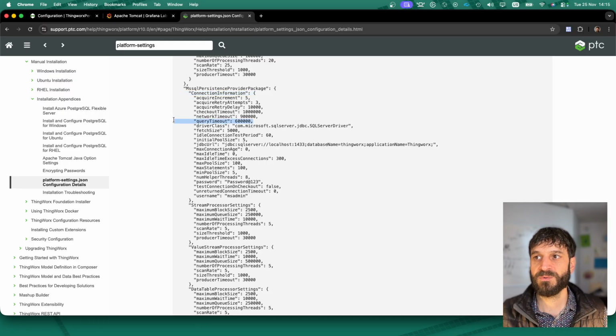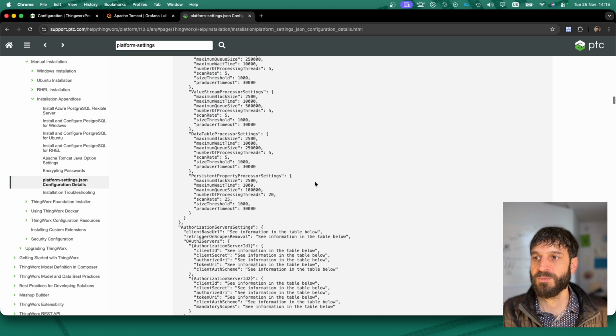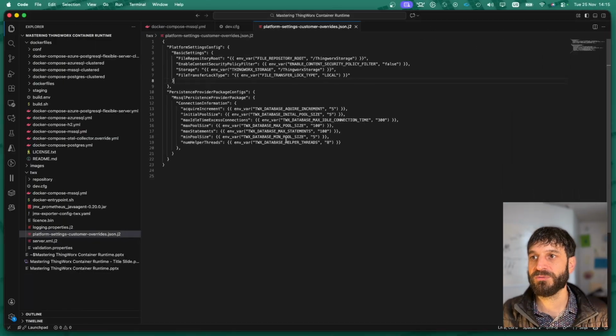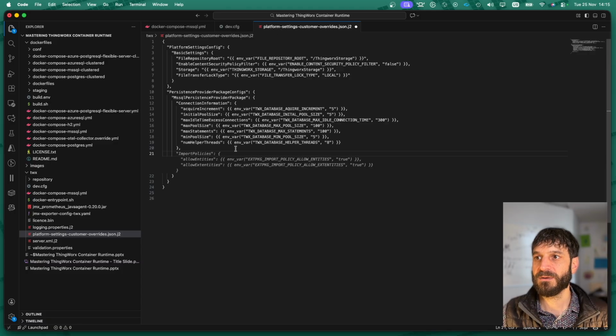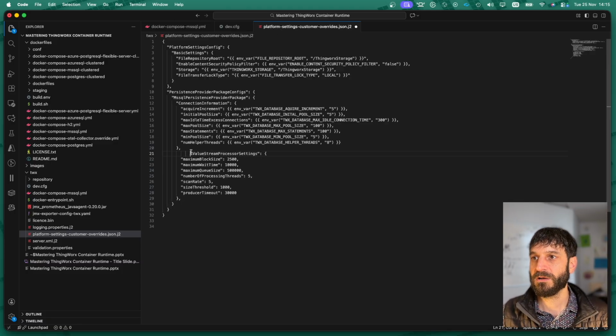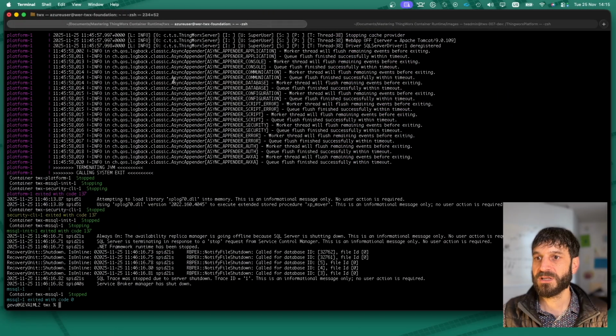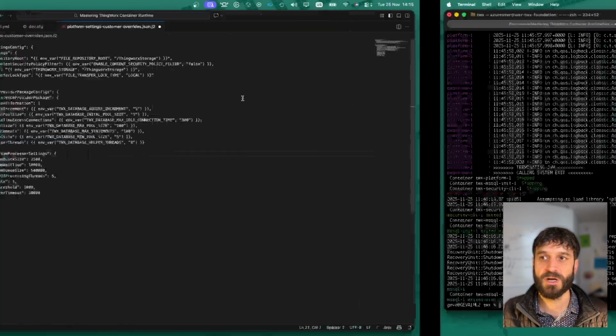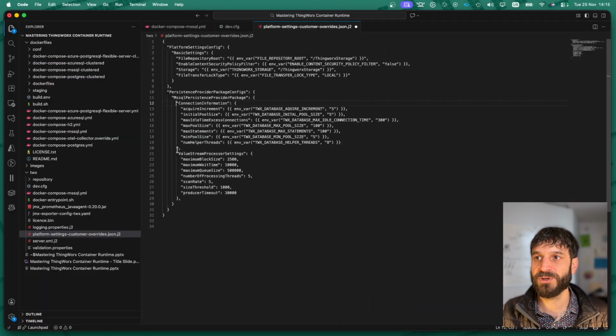Things like timeouts, if we wanted to query the timeouts, would be good ones to potentially include in our configuration file so that their configurations could be changed with variables. But as I said, we're going to focus on these value stream processor settings. Let's copy this section, bring it over here and include it like this, and check the alignment. It is aligned at the same level as the connection information block. The connection information block looks good. Max wait time,